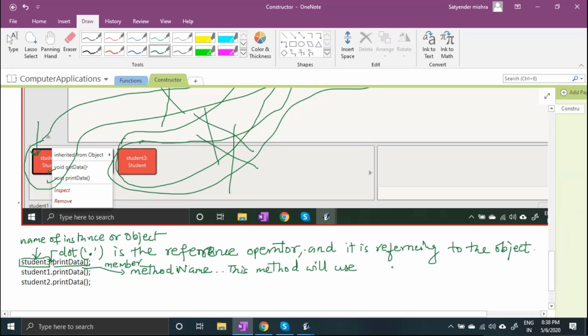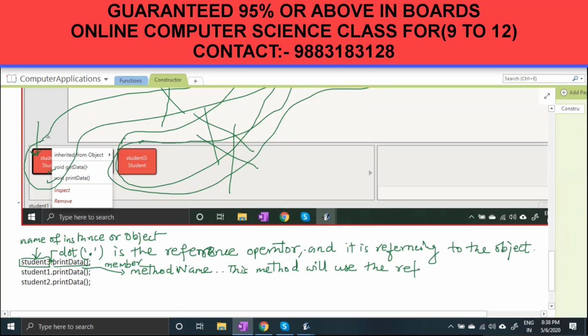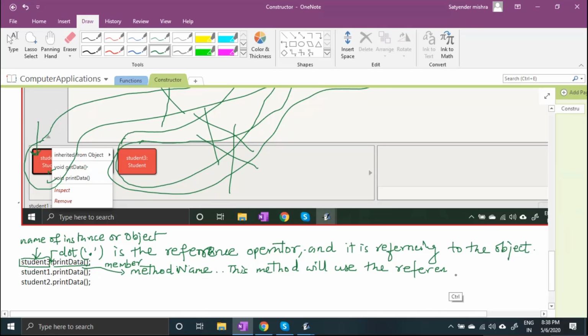This method will use the referred object, which object you are using.